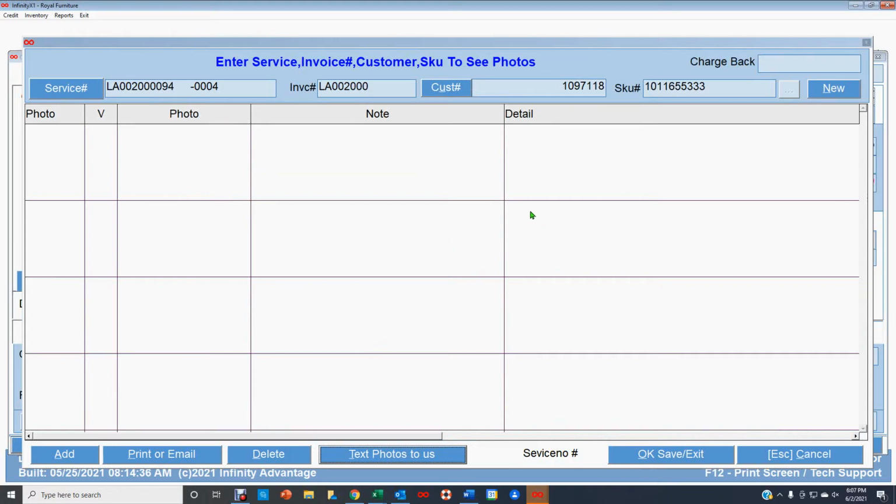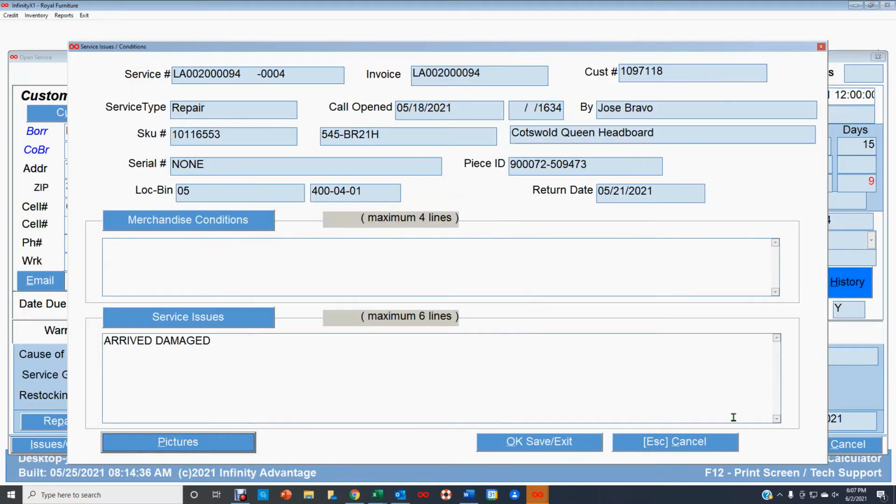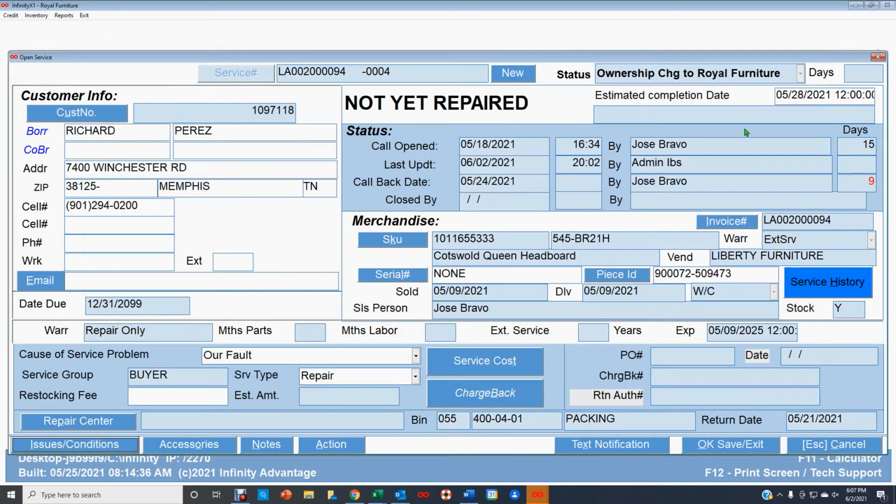Okay, so the text was sent. I took a picture of the chair. I sent it back in. It does take a little time for it to get there and get into the system. So I'm going to get out of here right now. Escape. I'm back in the service screen with my services. What I'm going to do is go back